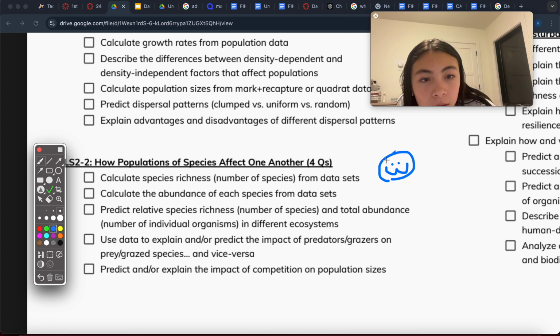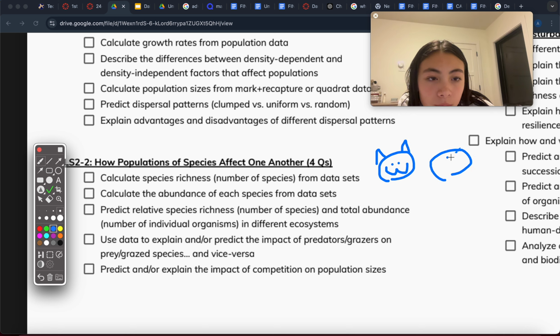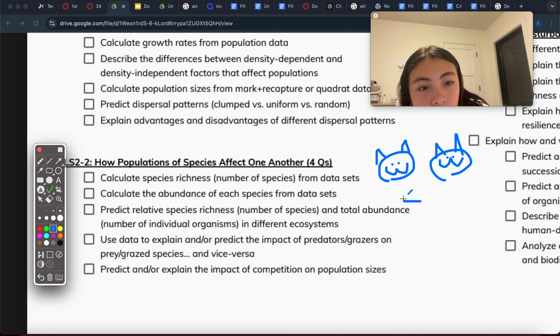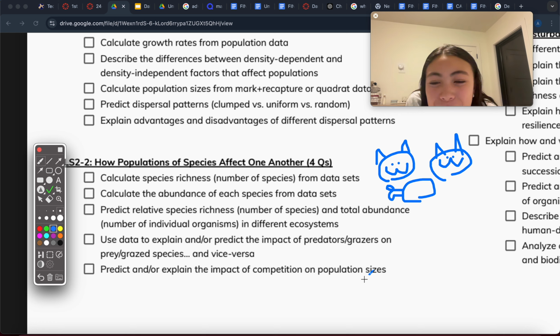animals fighting each other for different resources. Like that. So let's say they're both fighting over some delicious meats. I don't even know where I'm going with this. I just wanted to draw. But